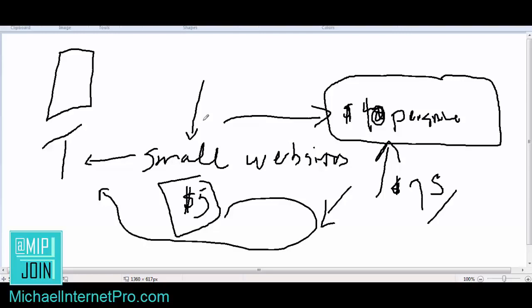You're going to buy cheap traffic from sources right here. And you're talking about good traffic. It doesn't mean it's bad traffic. It's good traffic, but it's cheap. It doesn't cost you much. If it costs you a lot, then you're going to break even and there's no point, right? So you're always going to find these sources that are going to sell you inexpensive traffic. And of course, you're going to have a product that costs more than the traffic alone.